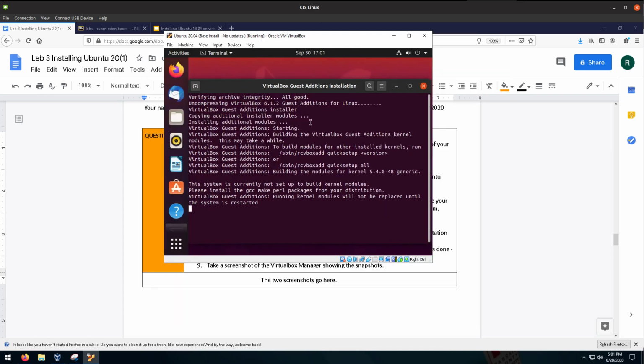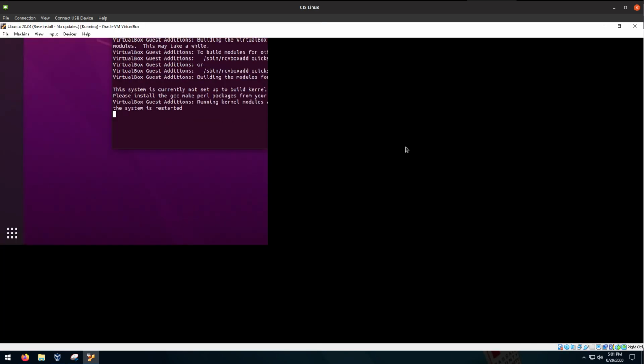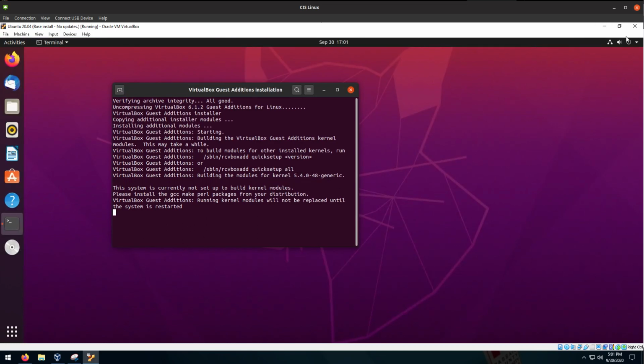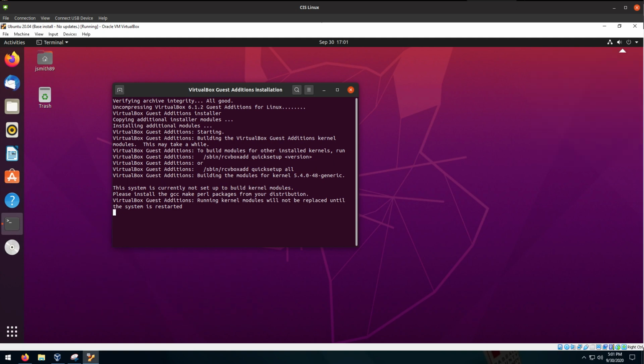There you go. Now, I don't need to restart in order to use full screen. Automatically, the guest additions will start working right away. I just consider it best practice to restart the computer. Now, I'm going to proceed into creating